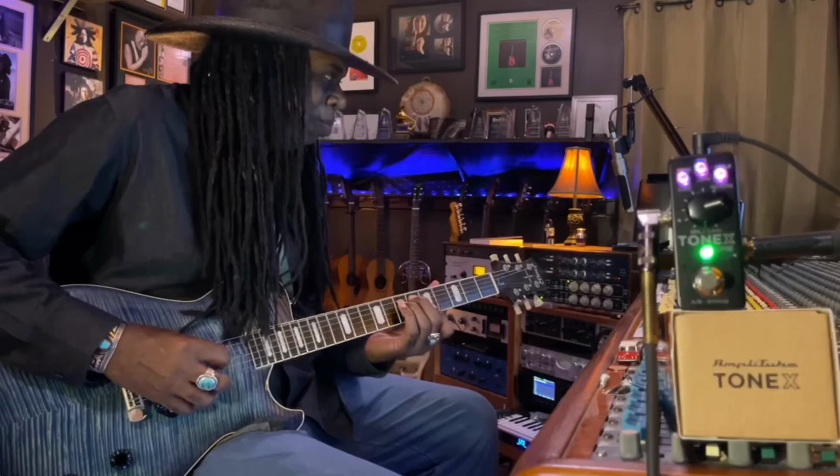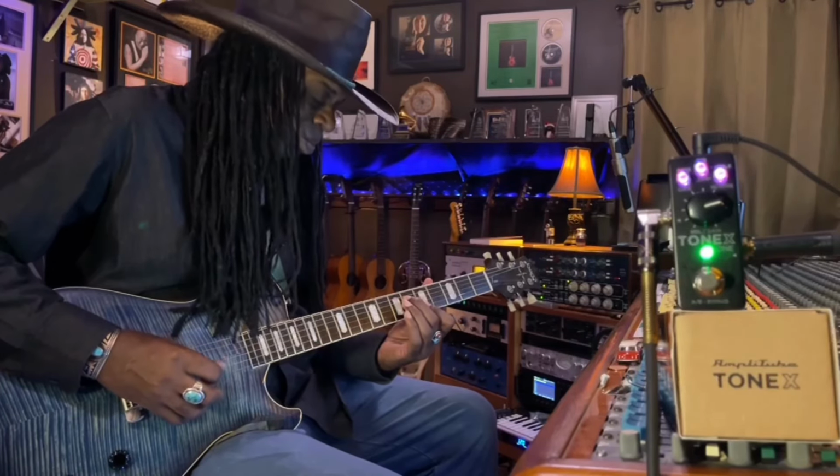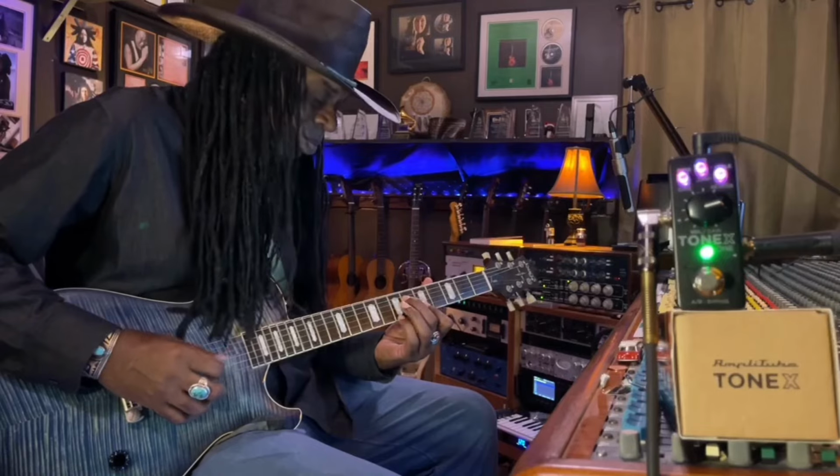I've tried lots of little things. I've tried different modelers, small modelers. This is pretty impressive. Really, actually, it's very impressive. And the size. So I could build a backup rig around this